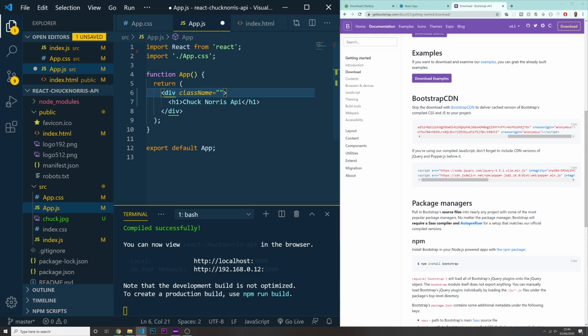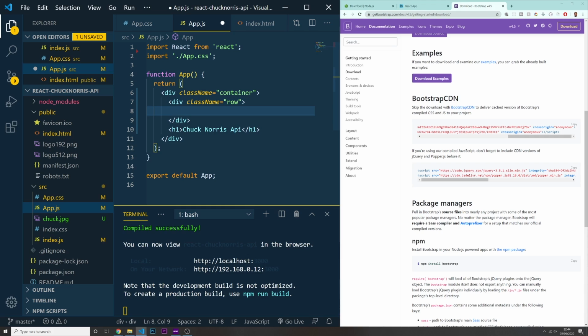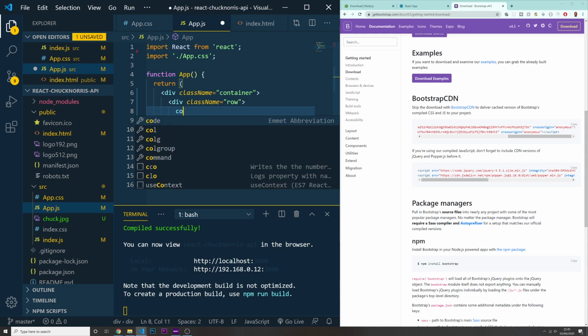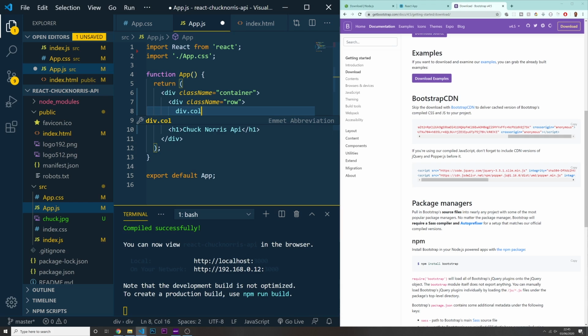So I'm going to put a className of container. Container in here is a class that you use on Bootstrap when you want to wrap everything around one element and it's going to center everything on the page. So again, I'm going to put in here a container, and inside of this container, I'm going to have a div with a class of row. Okay, so I have a div with a class of row, and now this has a grid system of 12 columns. So I'm going to put in here a column 6, so basically it's going to take half of the width of my container. Okay, so I'm going to do a div col 6,